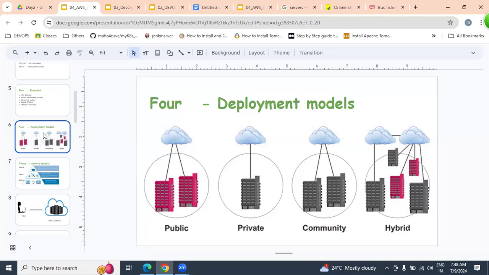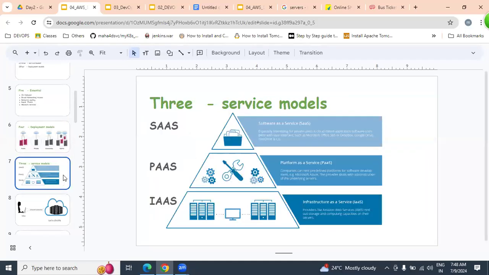How many ways can we deploy? Four ways: public, private, community, hybrid. Cloud also offers services, which are divided into three types: SaaS, PaaS, IaaS. Software as a service, platform as a service, infrastructure as a service.